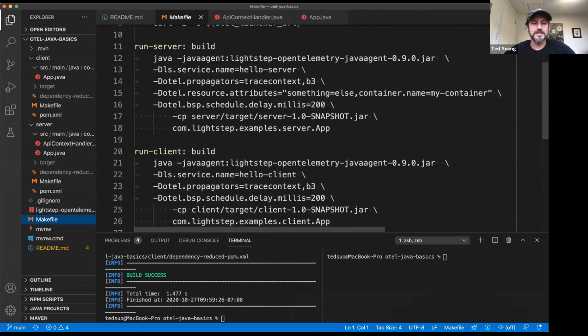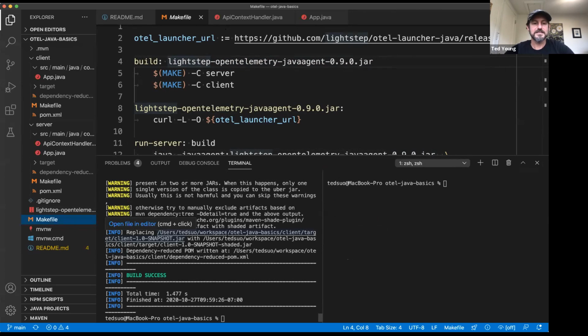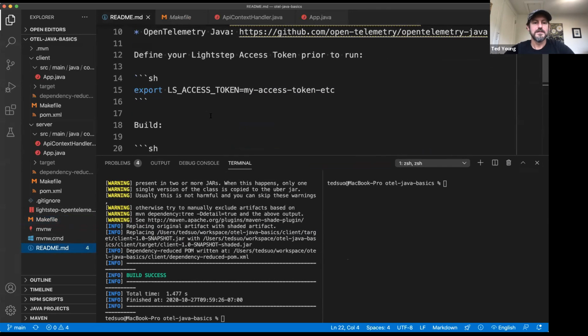But basically, you're going to need to download the Lightstep Java agent jar. This is Lightstep's wrapper around the core OpenTelemetry agent. I should mention that the primary and recommended way to work with OpenTelemetry right now is using a Java agent. It is possible to do it all manually if you like, but we really strongly recommend the agent approach. So if you download that and then want to actually connect to Lightstep, you need to have an access token, which you can set as an environment variable.